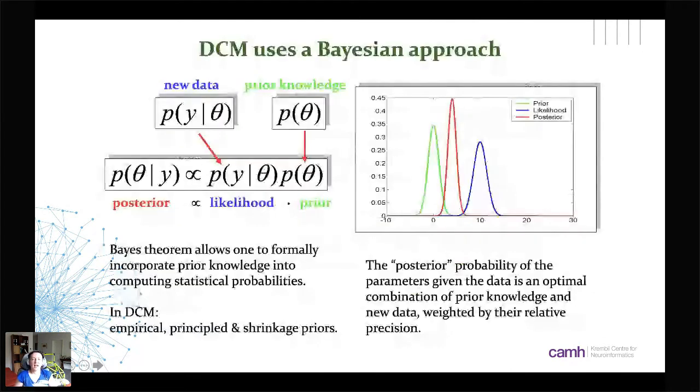Again, similar to the first lecture, we used the Bayesian approach, and the Bayes theorem allows one to formally incorporate this prior knowledge that I mentioned into computing statistical probabilities. Now, in DCM, we're actually using a combination of empirical, principled, and shrinkage priors. So we have empirical priors